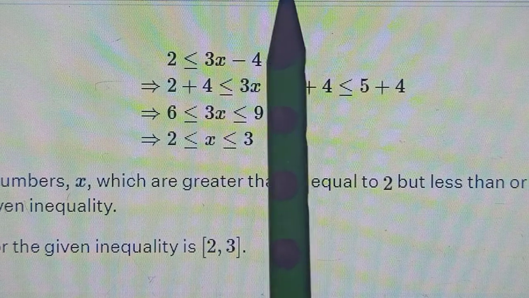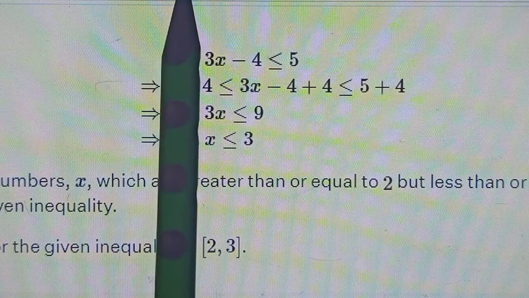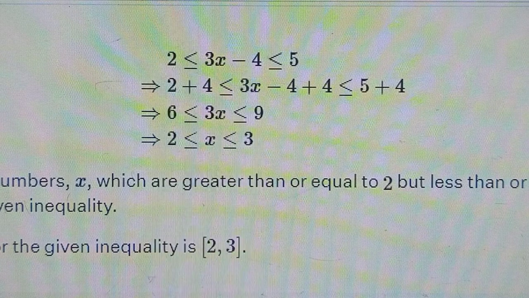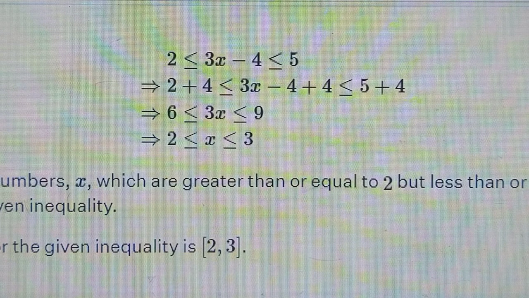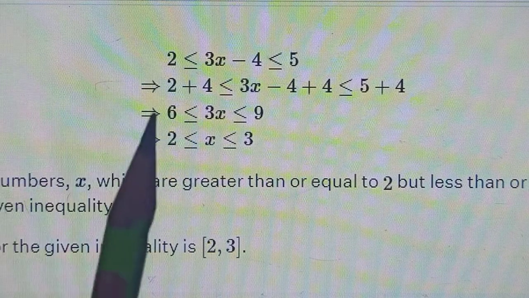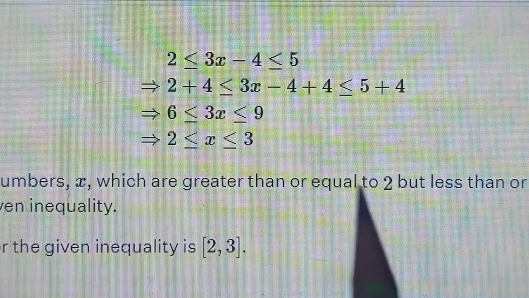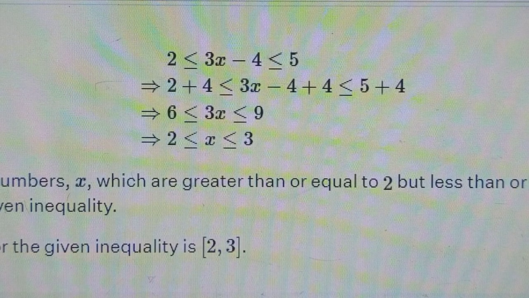One would be 2 smaller than 3x minus 4. The other one would be this way: 3x minus 4 is smaller than 5. Okay, so this is actually a system of inequalities. It is not a single inequality, but two merged together. All right, so if this is the case, then you can solve it together also. At times maybe you need to separate them, left hand side and then right hand side, and then solve it and then merge the two solutions. Okay, those types of questions we'll deal with later.